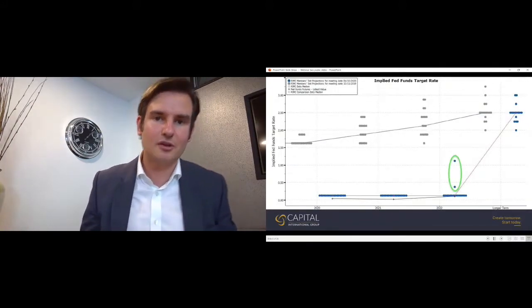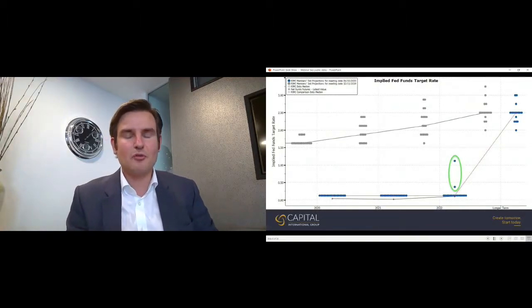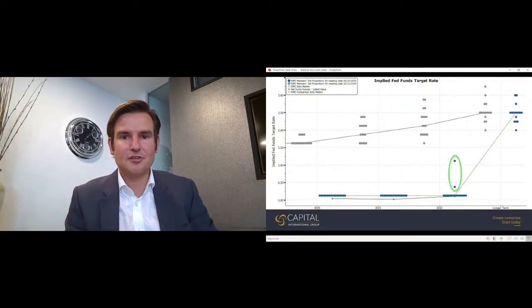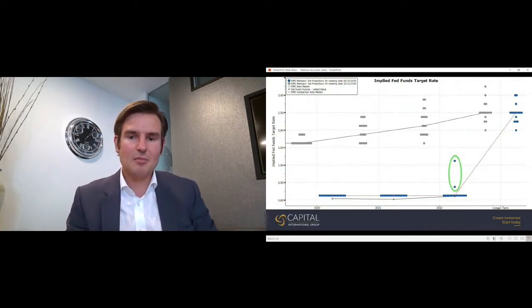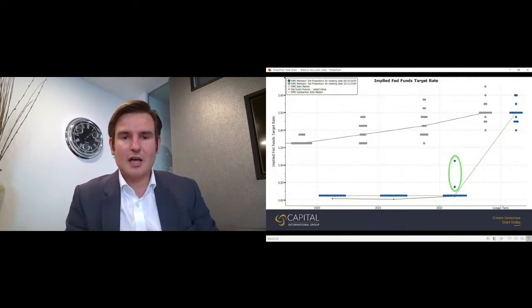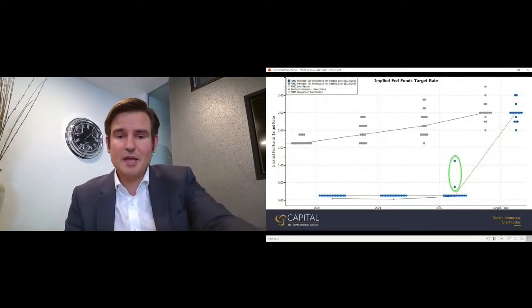You've probably heard about the dot plot. You may follow it yourself, but often we'll look at it as managers really to try and see the intentions of the Fed and really what they're trying to tell us about their decision on where rates are being set. So the graphic that you can see here is a comparison of the dot plot from late last year and then the most recent dot plot from this month, and you can see a big difference.